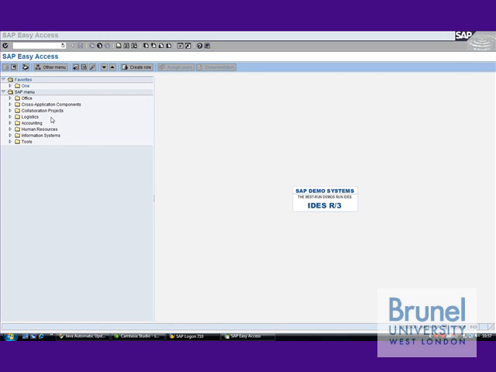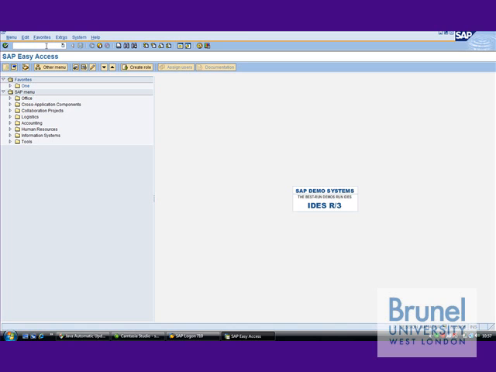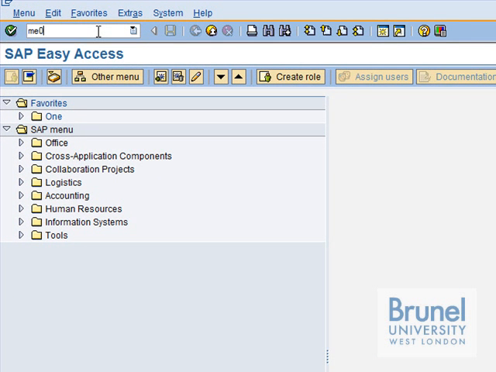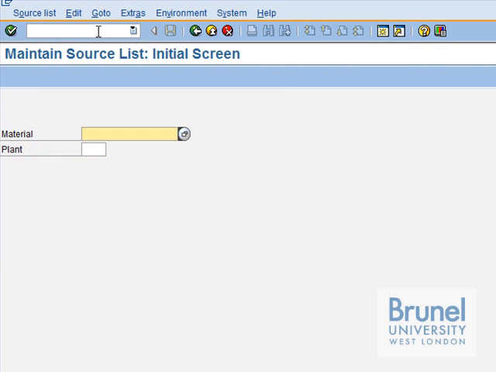In this exercise, we're going to do maintaining source list. So you're going to enter the transaction ME01, then press enter. We'd like to do it for the material for the camshaft first, and the plant of 1000,